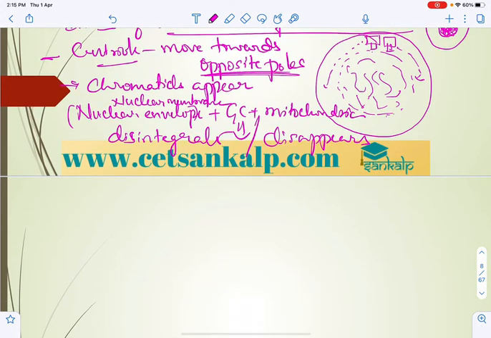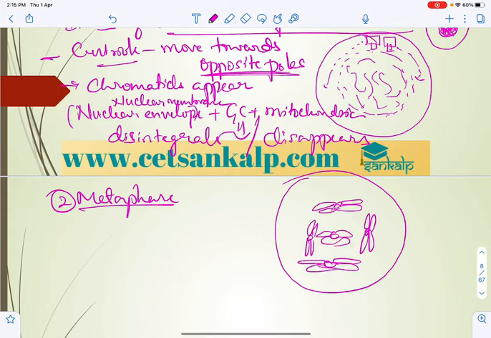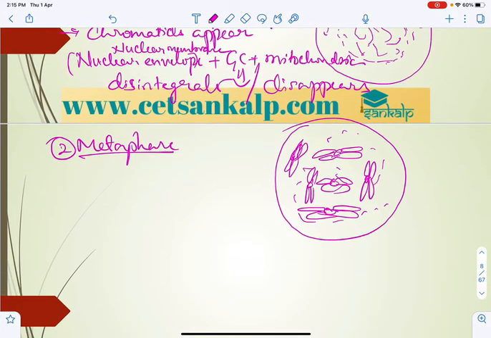Now once there is no boundary, the chromosomes spread. Complete condensation occurs, condensation completes in the next phase, that is metaphase. So these appear like this, and they spread throughout the cytoplasm. As these condensed chromosomes spread throughout the cytoplasm, what happens in metaphase? Complete disintegration leads to the spread